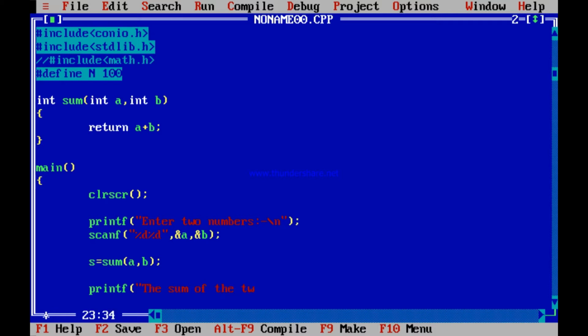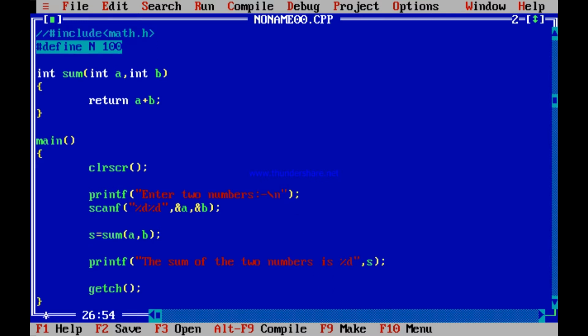This is a simple program which you have seen earlier, the simplest of programs with a function. So why did I write this program? Because I want to show you that if you run it, definitely the sum will be printed.